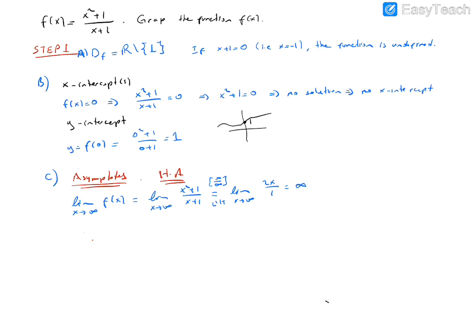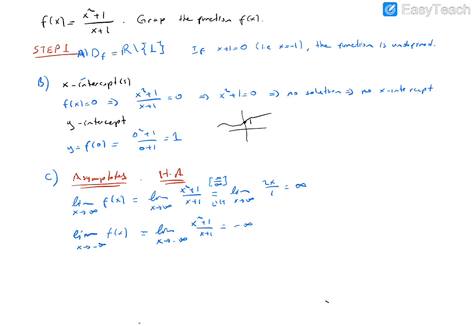Okay, so there is no horizontal asymptote from the first limit, and also from the second limit, when x goes to minus infinity, there is no horizontal asymptote. You can show that easily. When x goes to minus infinity, this goes to minus infinity by the above idea. By using L'Hopital's rule, you can show that.